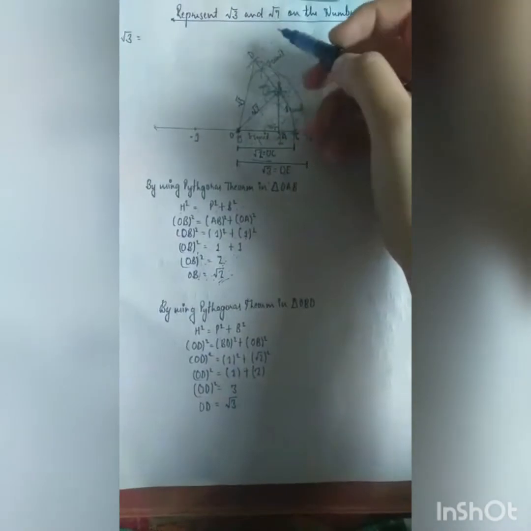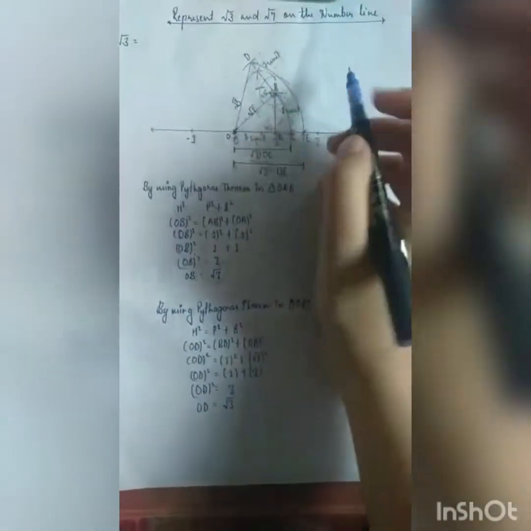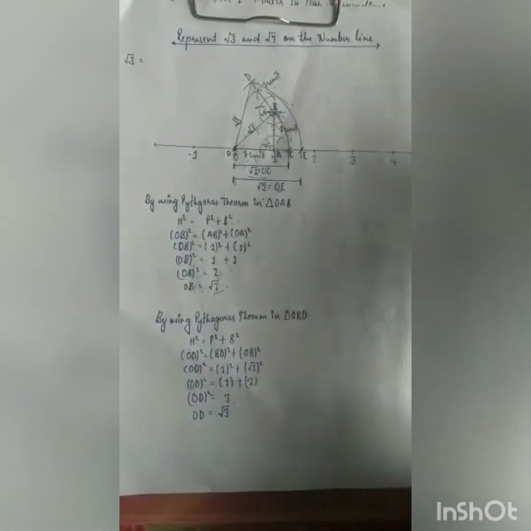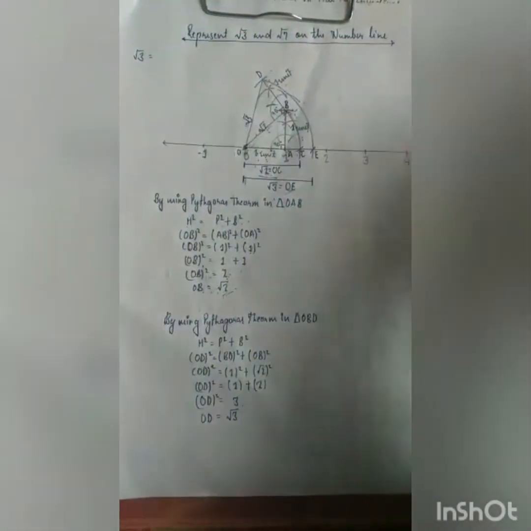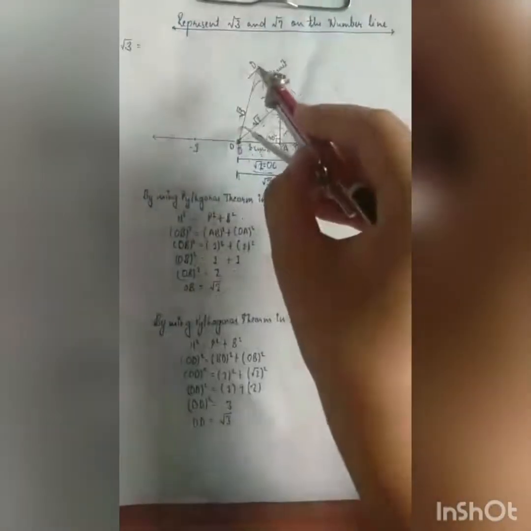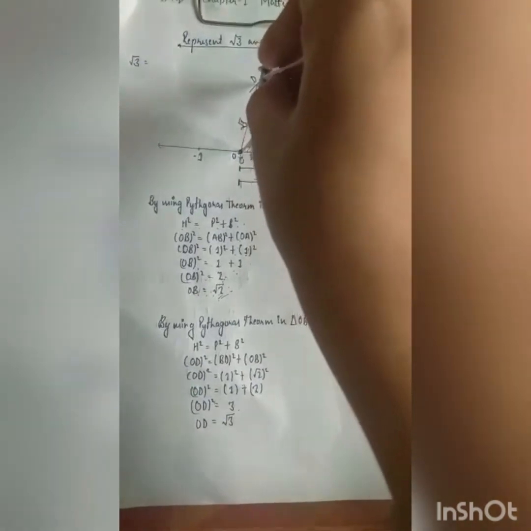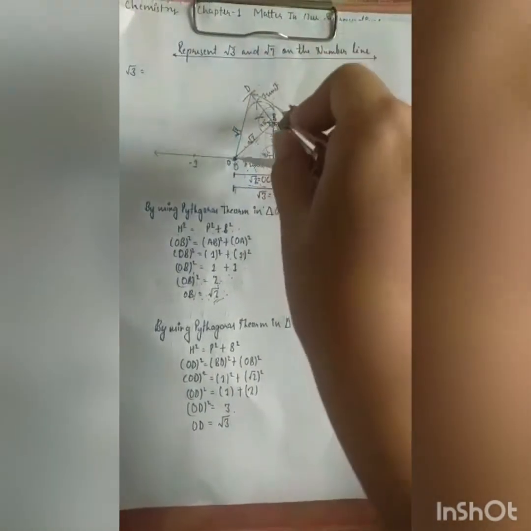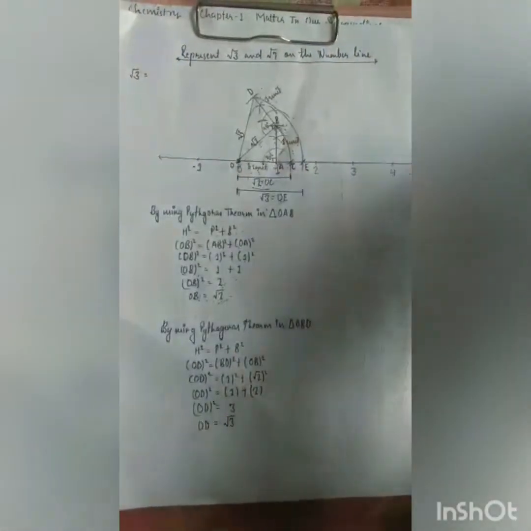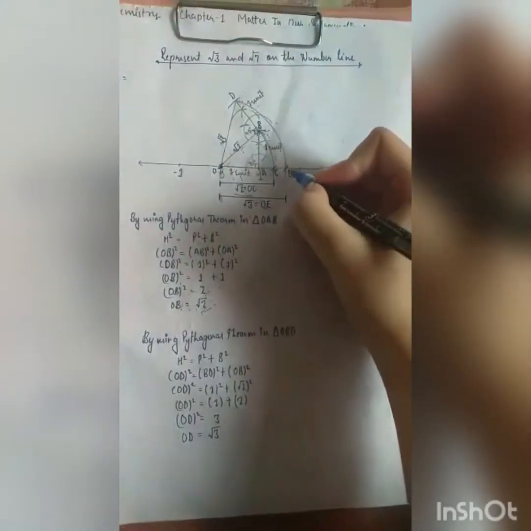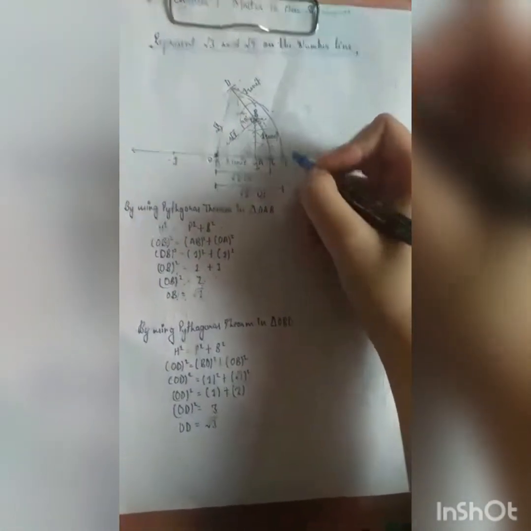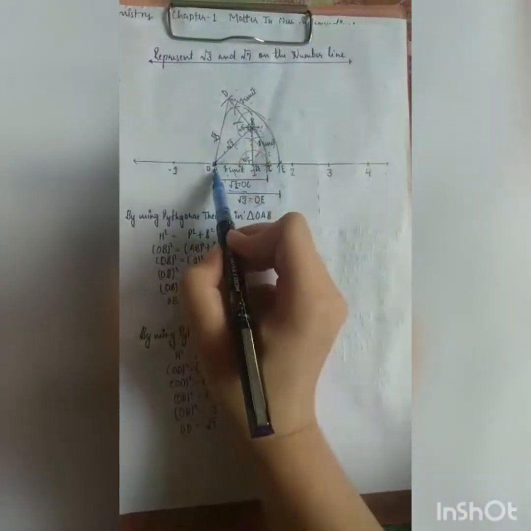OD is root 3, and to mark root 3 on number line, take your compass and mark an arc on the number line, and this specific point is root 3. Now from O to point E